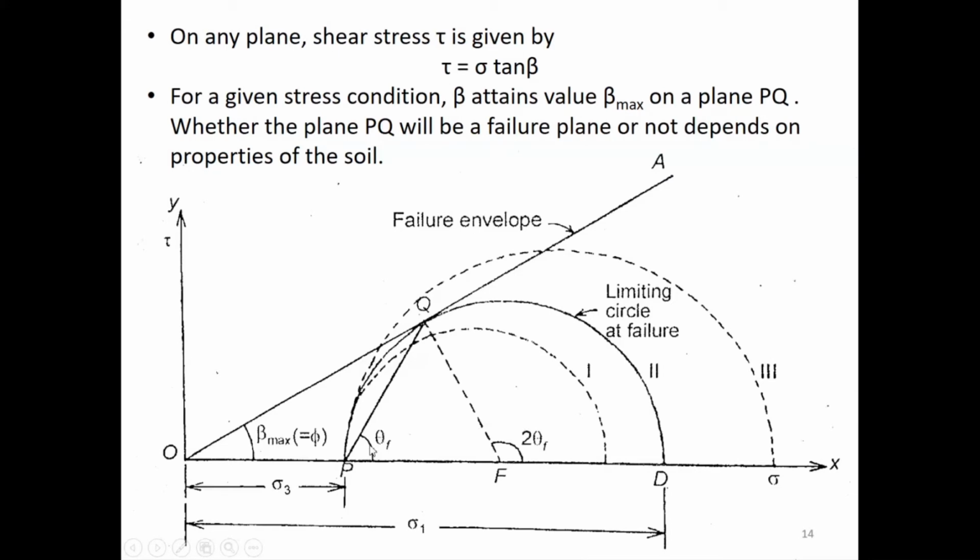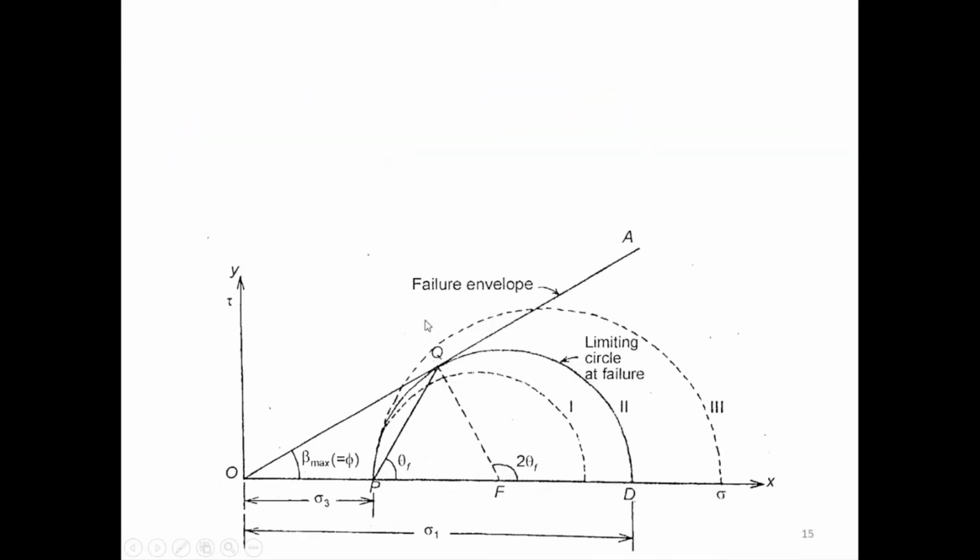Now I find out this theta F. That theta F is my failure angle theta. Okay, that is the maximum possible beta max. This is the maximum possible beta. So in that soil, the maximum possible is this sigma and tau, right? Now,